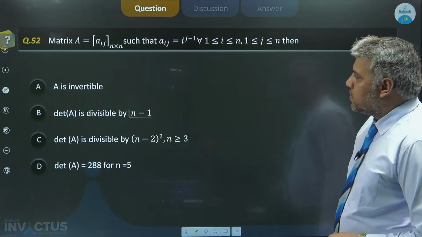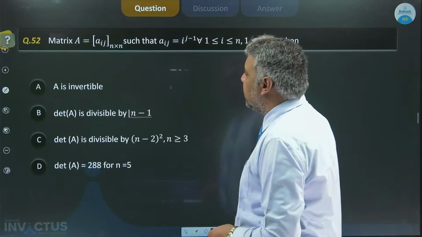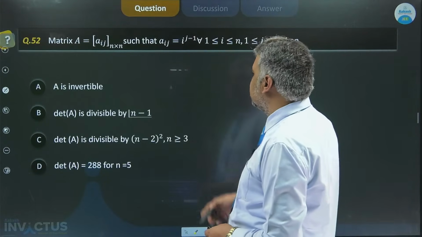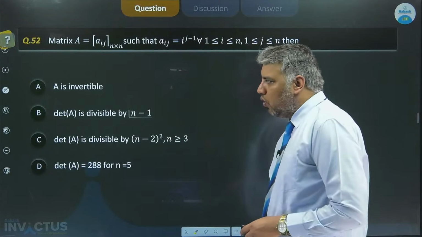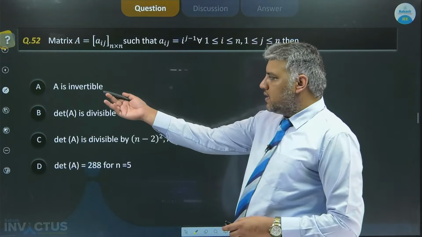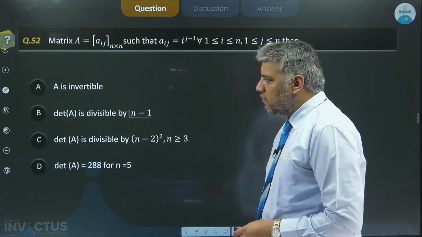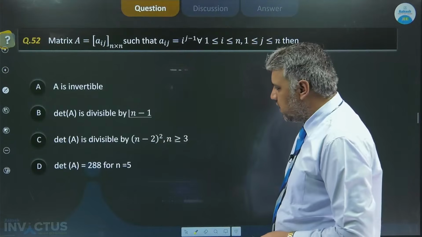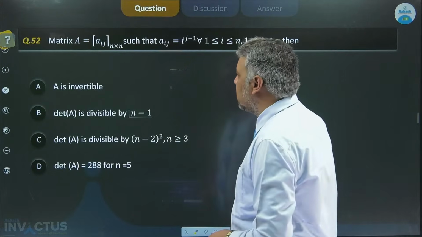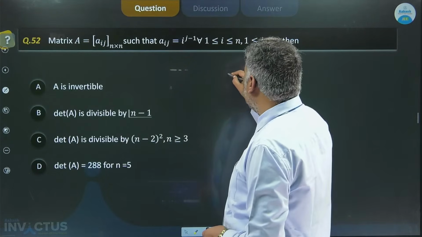Again, question number 52. There is a matrix A such that Aij is i power j minus 1, and we have to comment on the determinant of A, because in option 1 also it asks whether A is invertible or not. We have to comment on the determinant of A, and in all 3 options again the determinant of A is involved. So the determinant of A